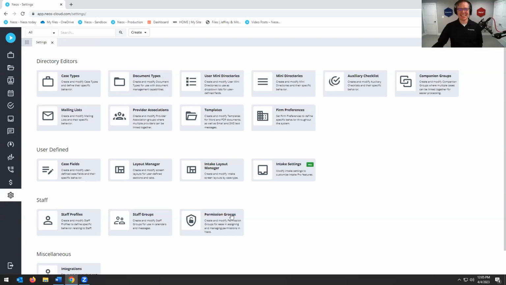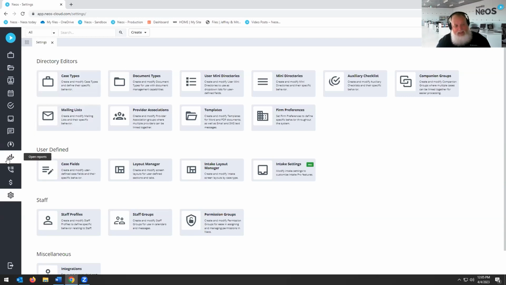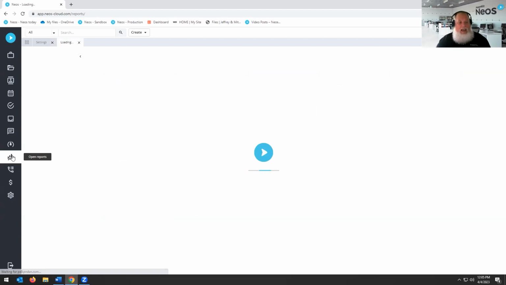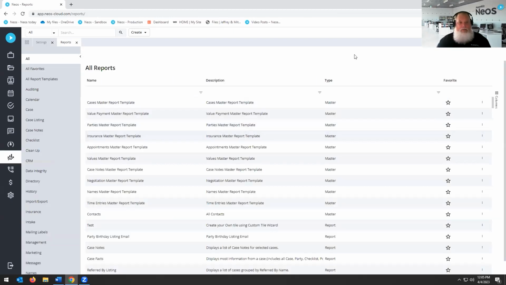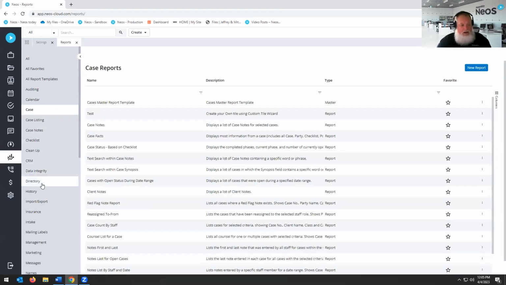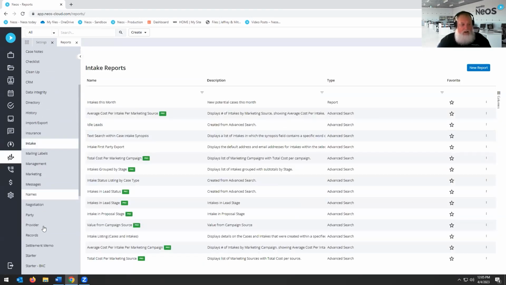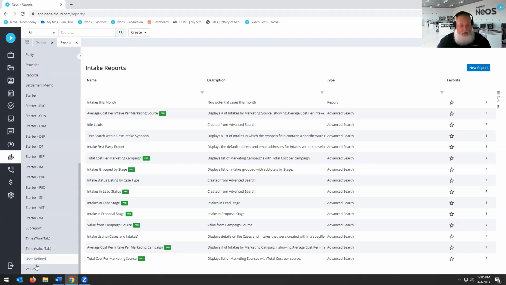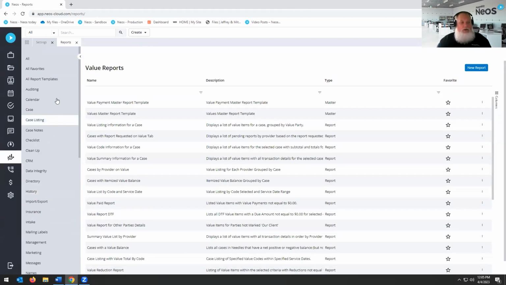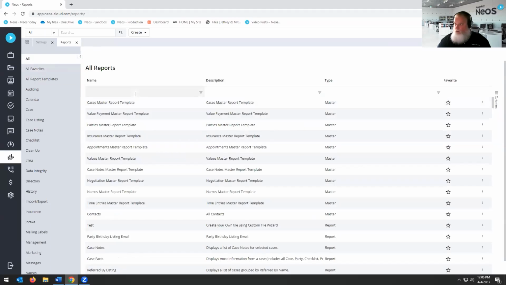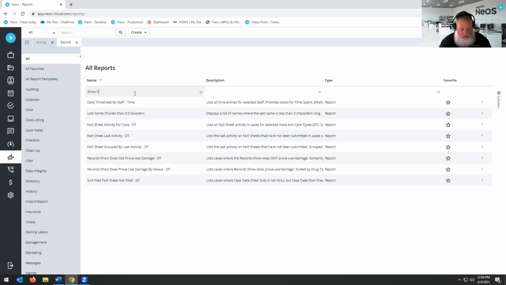We appreciate it. So starting on the left-hand side, when you see the arrow going up and the 3 bars, that is your canned report. So the canned reports that come in Neos, you have 610 reports that come canned. So you can, of course, search by case, directory, intakes. All of those have their own specific items that you can look at, value. But if you're saying, hey, I want to look at all of them, I can come right here and say, oh, might help if I can spell, case listing